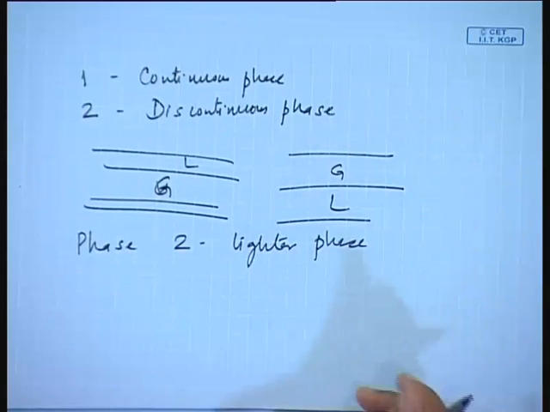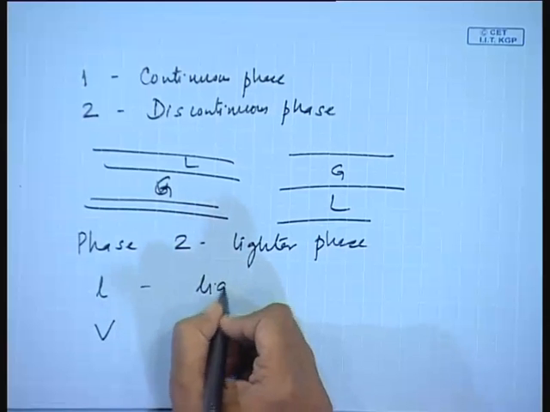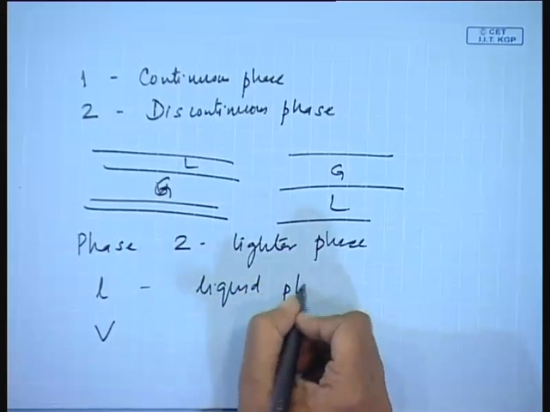So, therefore, this is usually the convention that for two phase flow, phase 2 is going to be the discontinuous phase. When both phases are continuous, then phase 2 is going to be the lighter phase. Now, you will find in several books that the conventions are, instead of 1, 2, under certain circumstances we would also like to denote it as LV, where L refers to the liquid phase and V